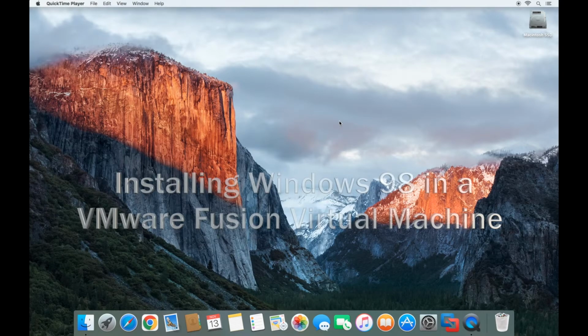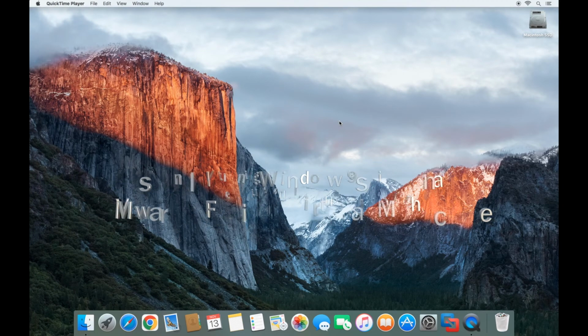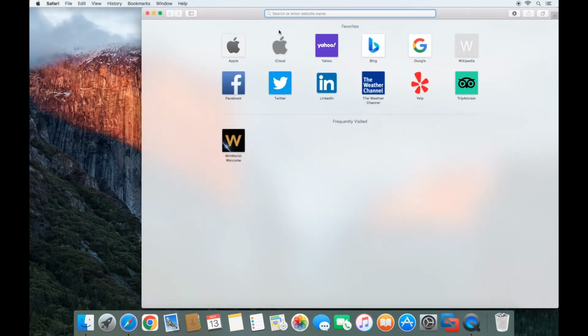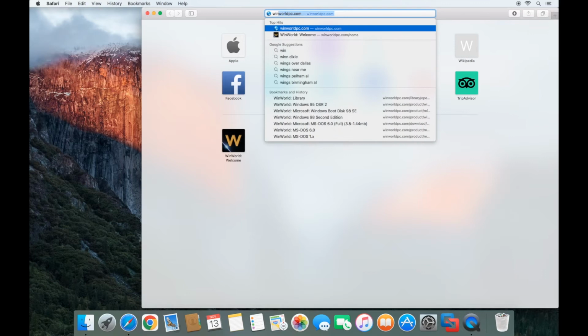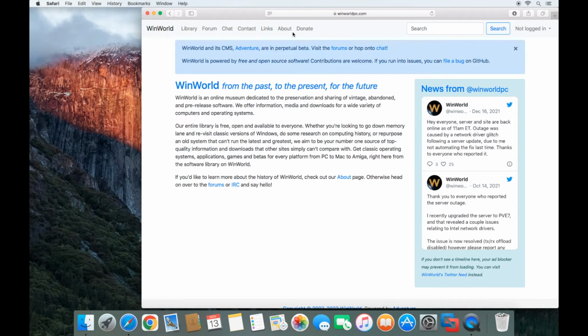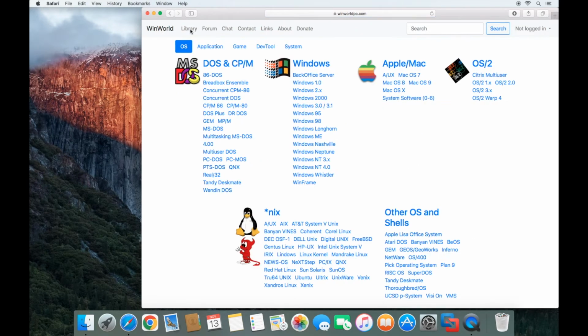Hello everybody, today we are going to create a Windows 98 virtual machine in VMware Fusion. So the first thing you want to do is open up Safari and go to winworldpc.com. When you get to winworldpc.com, you want to go to the library, you want to go to Windows 98,